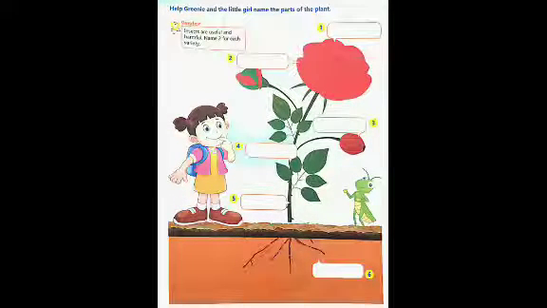So next we have to see the 11th page. That page also we have to complete. I already said that, so one exercise is there now. It's the same as before. Top flower. Then next, it looks like a rose plant, isn't it? So the first one we have to complete.